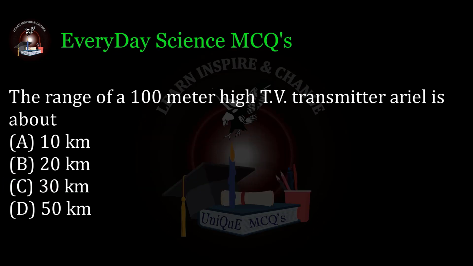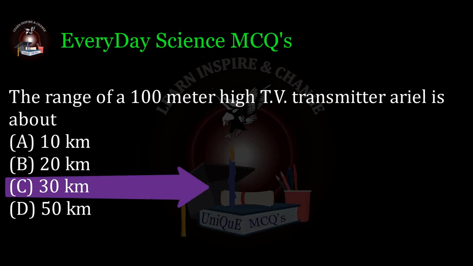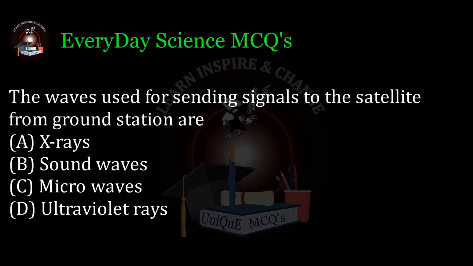The range of a 100-meter high TV transmitter aerial is about A. 10 kilometers, B. 20 kilometers, C. 30 kilometers, D. 50 kilometers. Correct answer C. The waves used for sending signals to the satellite from ground station are